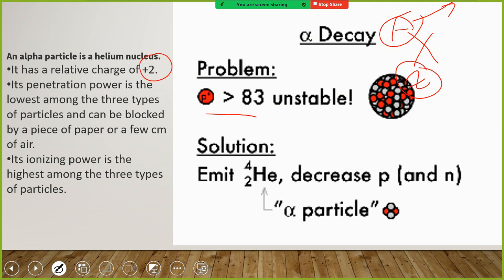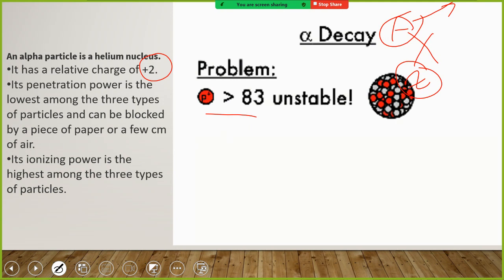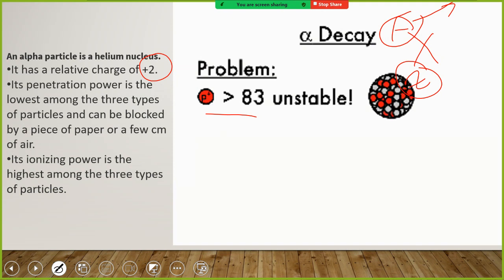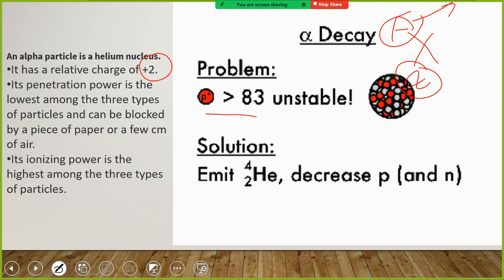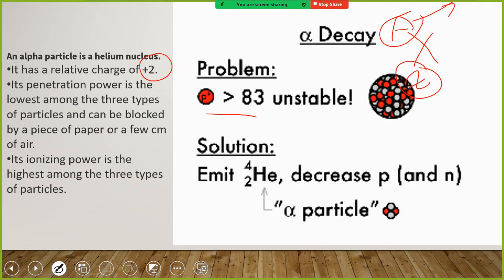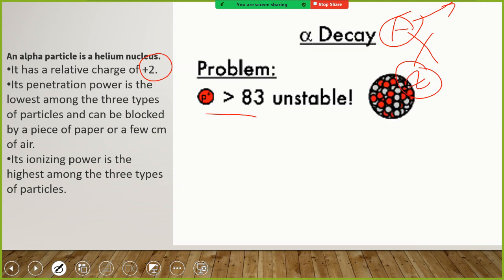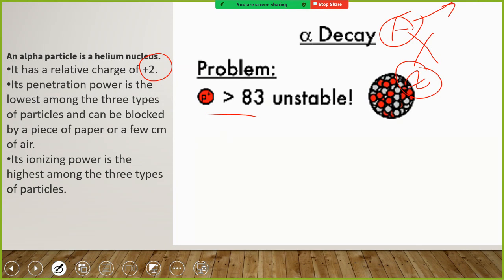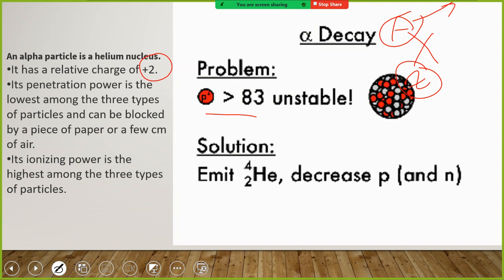When it moves out from the atom itself, it interacts with all the atoms around and causes ionization. So it deposits all its energy in a very short distance. That's why we use many radioactive materials for therapy, like actinium. We use a radioactive source emitting alpha particles, injected inside the patient and targeted to the tumor. It is labeled inside the tumor and deposits all its energy inside the tumor. This alpha particle makes a lot of ionization with the DNA inside the tumor,